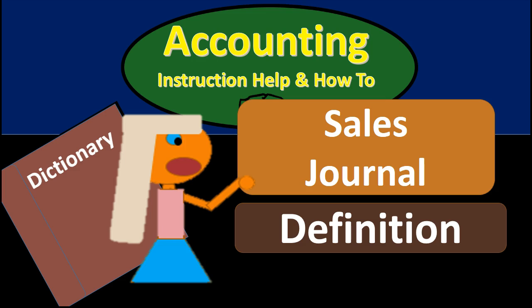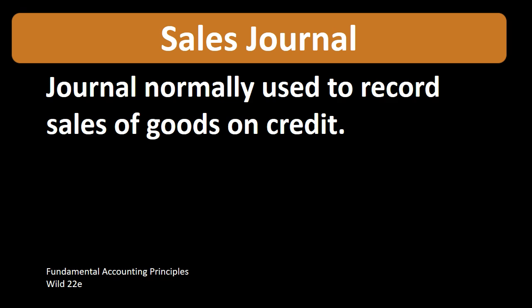Hello, in this lecture we will define sales journal. According to Fundamental Accounting Principles, Wild, 22nd edition, the definition of sales journal is a journal normally used to record sales of goods on credit. We're going to use the sales journal as a type of shorthand journal to record sales,